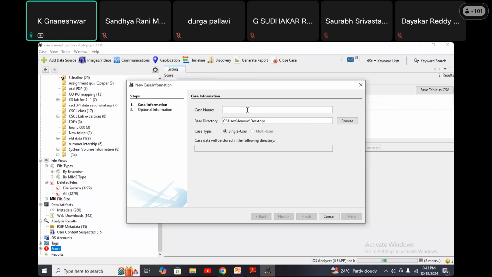Now the same process. First open the ATAPC tool, and starting onwards, the case name is some crime 2, any name, any number, crime 2, and storing it on my desktop only. Here if you want to change the drive, then use the browse option. Okay, single user, always apply single user. If commonly somebody else is working on it, then multi-user. Organizations only use multi-user, but mostly we apply single user for easy understanding.